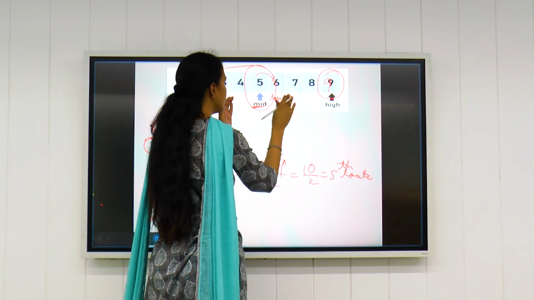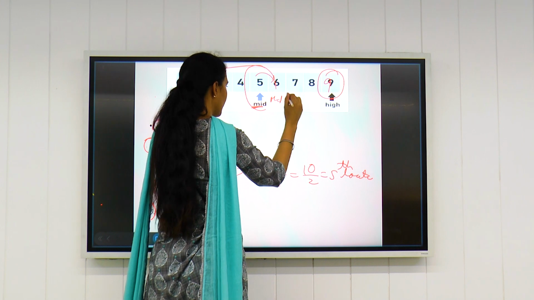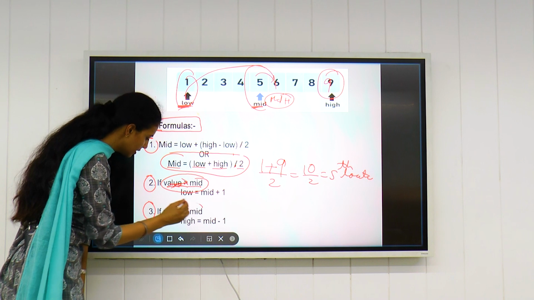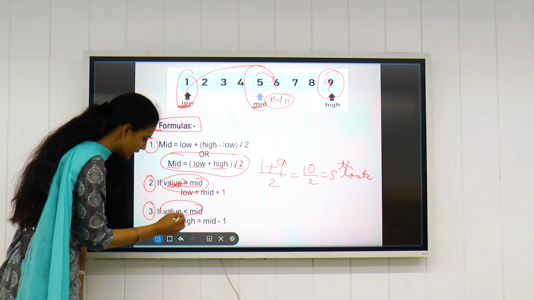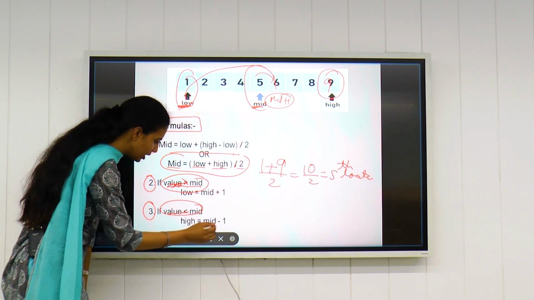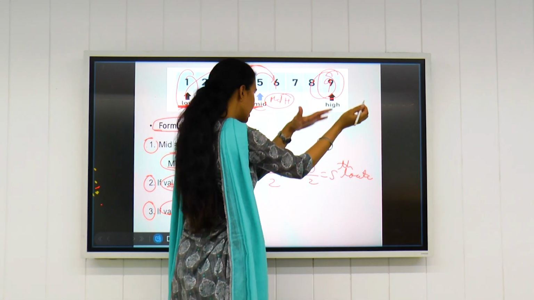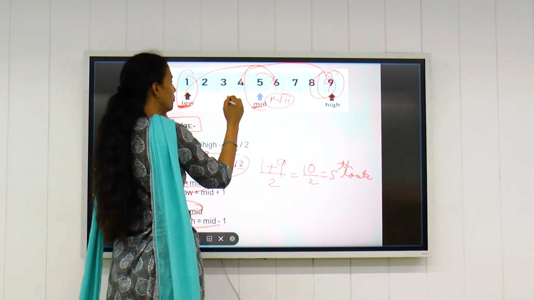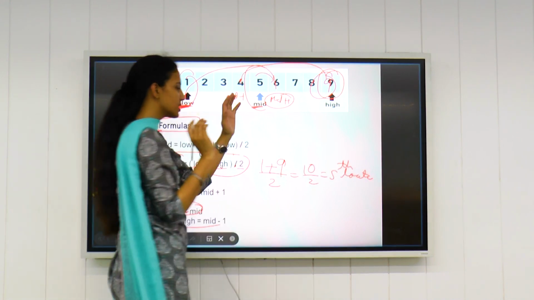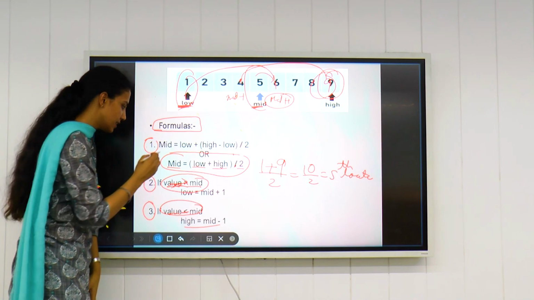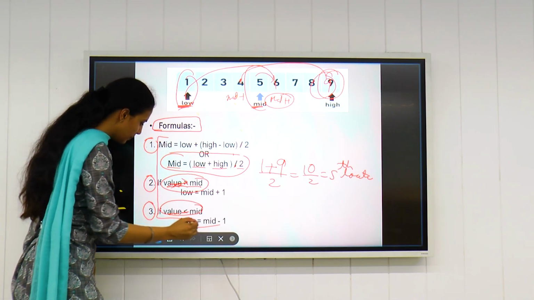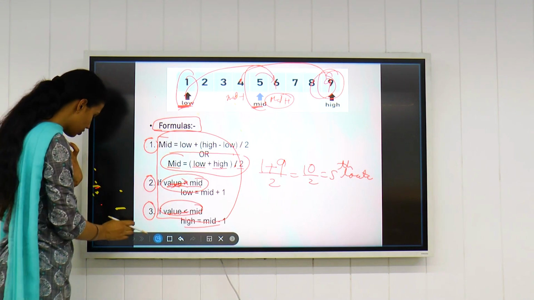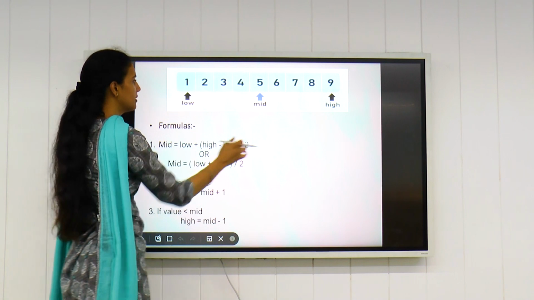But the opposite, if the value we want to search is smaller than the middle value, then our higher value shifts to the previous value, middle minus 1. Just remember the formulas. I'll explain this with an example. So for binary search, we basically need to remember or understand these 3 simple steps or these 3 basic formulas.